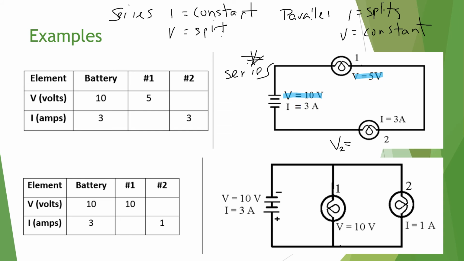So remember, in a series circuit, voltage splits. So if the total voltage is 10 at the battery, that means that the voltage at load 1 plus the voltage at load 2 equals the total voltage at the battery. So that means that the voltage at load 2